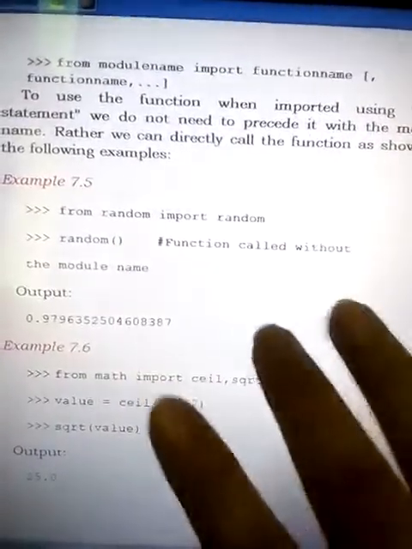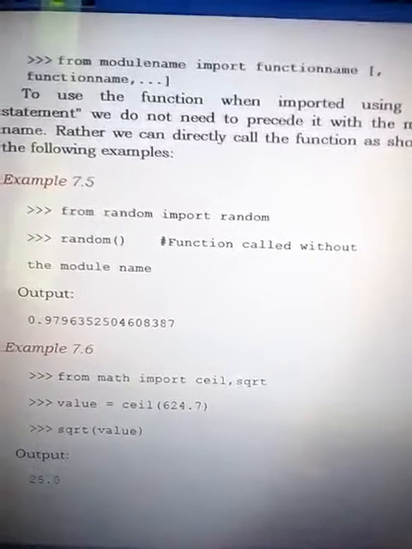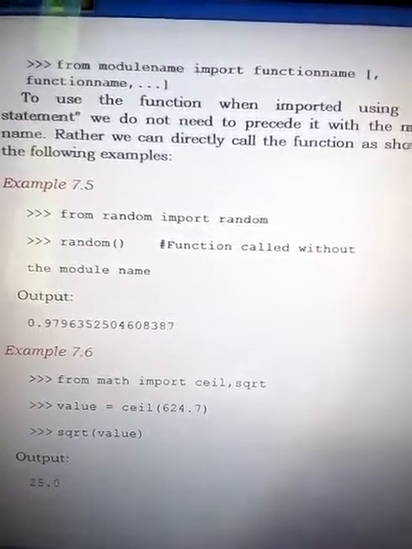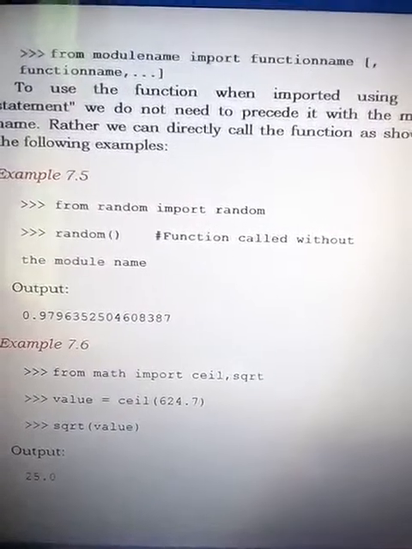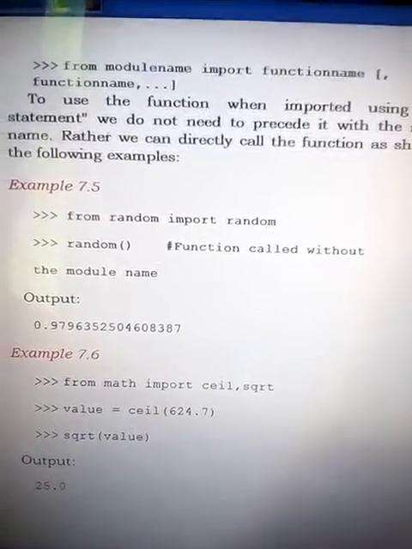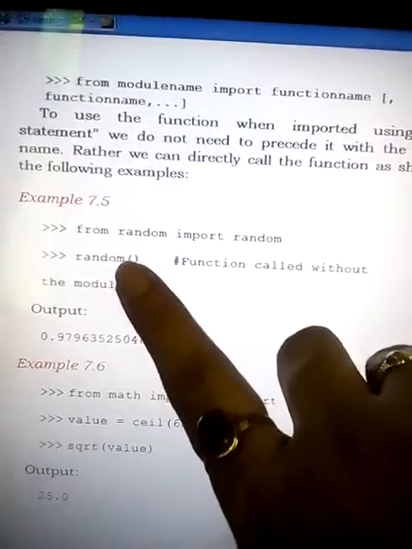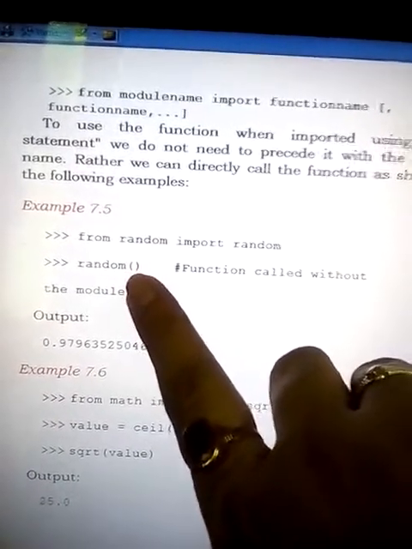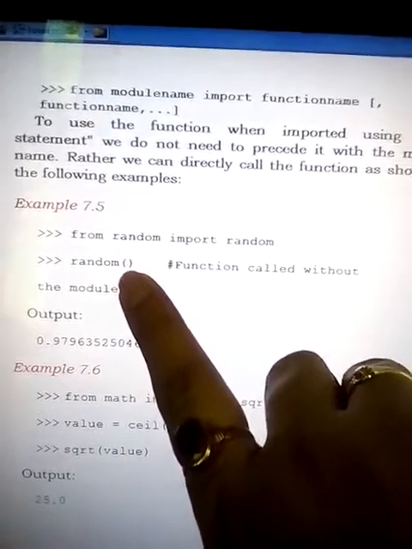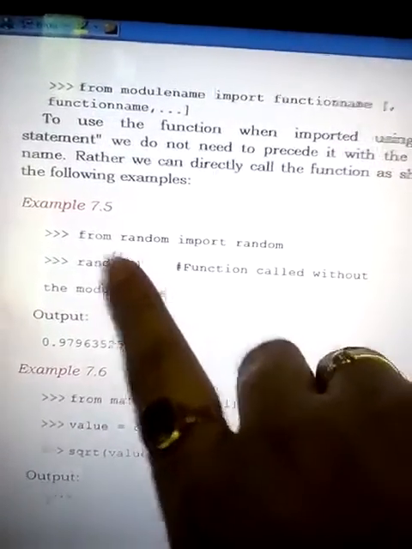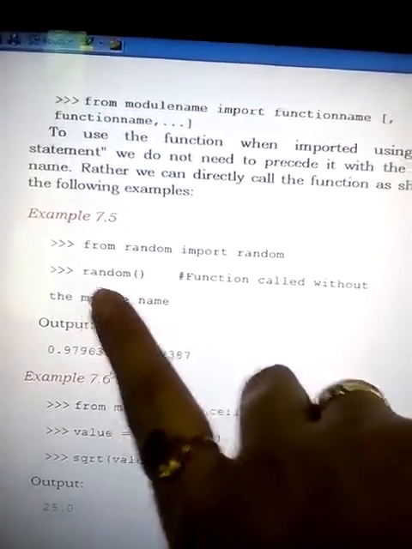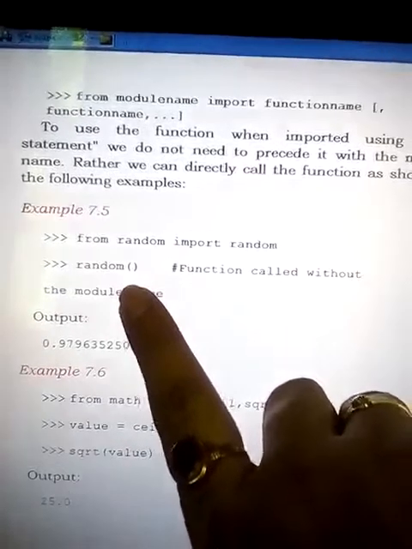Now it's not compulsory that you write random dot random function. It's a different way of using the functions. We are using only the function name; there is no requirement of using the module name with it. As we are using the from statement, you only write the function name you are importing.